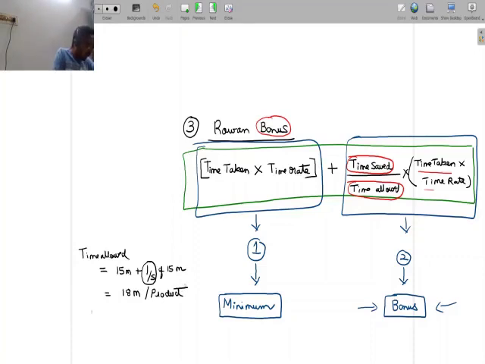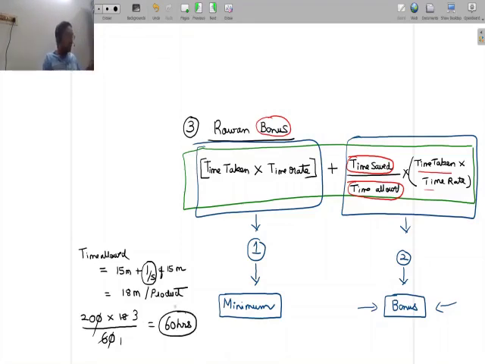So now how many units is this worker manufacturing? 200 units. 200 units into 18 minutes. You want to express this in terms of hours, you divide this by 60. So what actually happens is you strike off this here. So you get 3. So here now you get 60 hours. So from this we understand that time allowed for 200 articles is 60 hours.